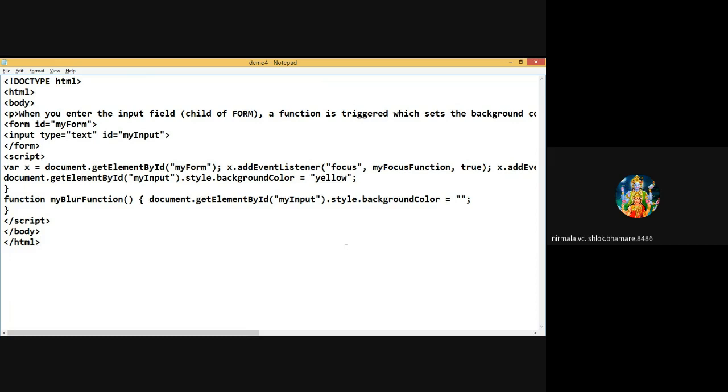Now, next we will see the next program. When you enter the text field, a function is triggered which sets the background color to yellow.